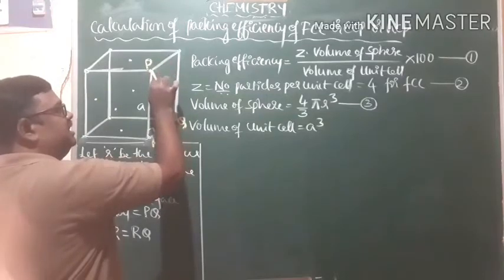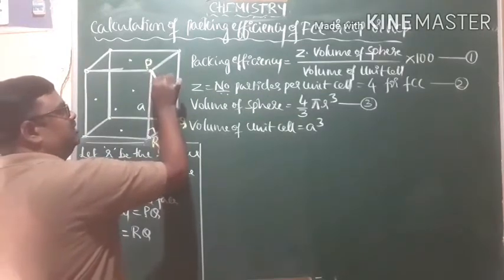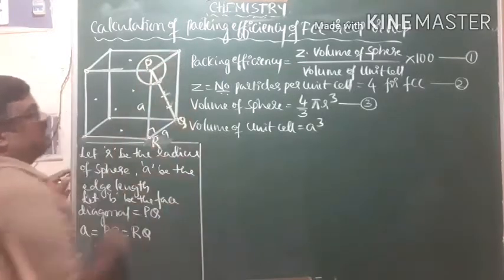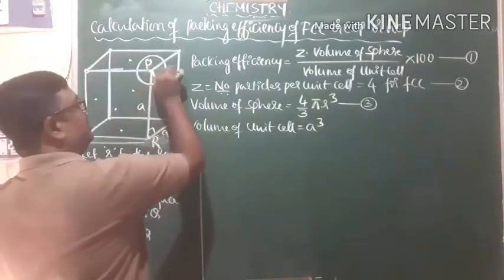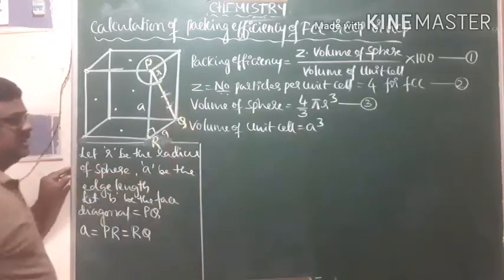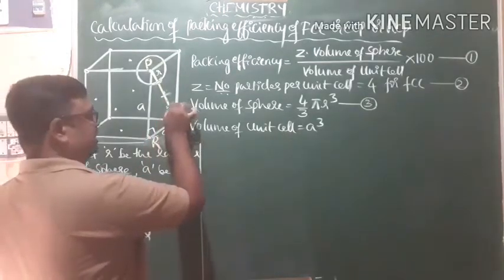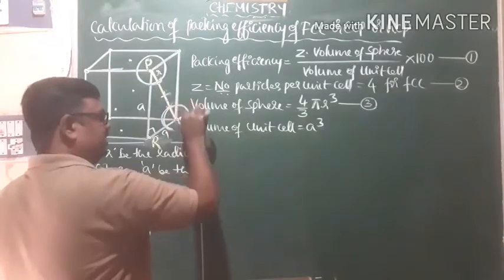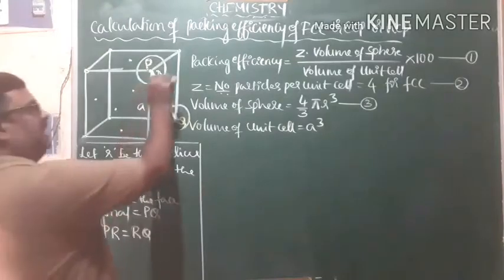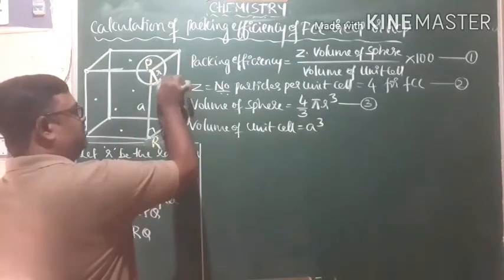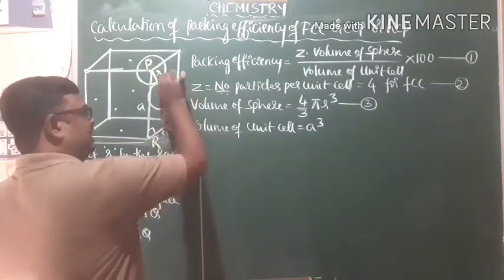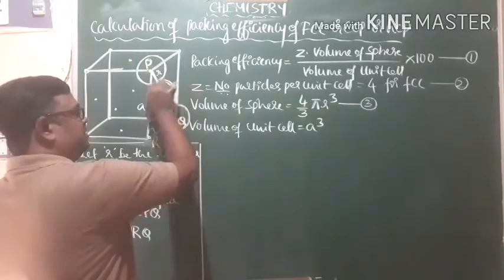Out of 4 parts you select one part. By taking this part as the radius of the sphere, you keep one particle at the corner of this cube. This is one particle at the corner with the radius R. Here you take this distance as a radius, and by taking that as a radius you have one more particle with the radius R. Now you are left with the remaining portion. By considering this as a diagonal of this particle, you will have one more particle at the face center.